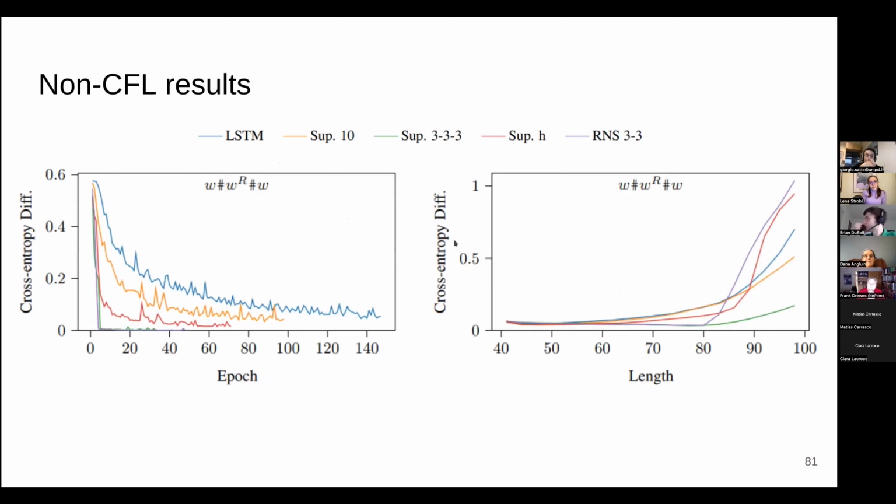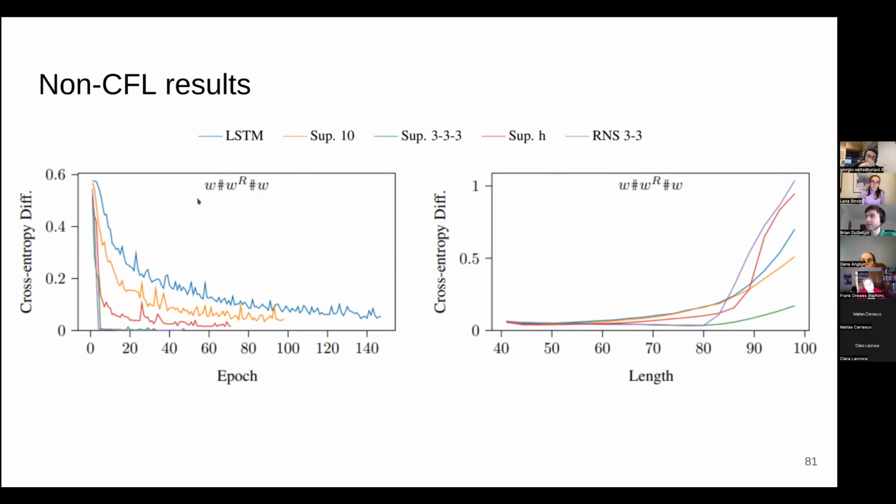All right, so results on non-context-free languages. We use the same metric as before, and the models we compared were an LSTM, a superposition stack, and our non-deterministic stack. We also included a version of the superposition stack RNN that is connected to 3 different instances of a stack. So this really is like explicitly modeling a multi-stack automaton.